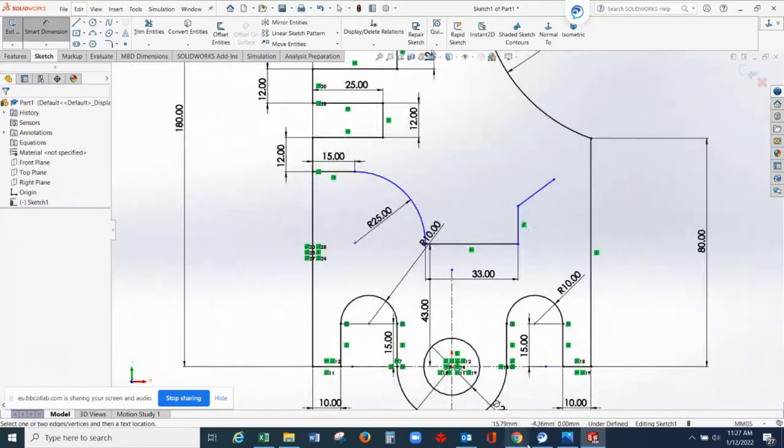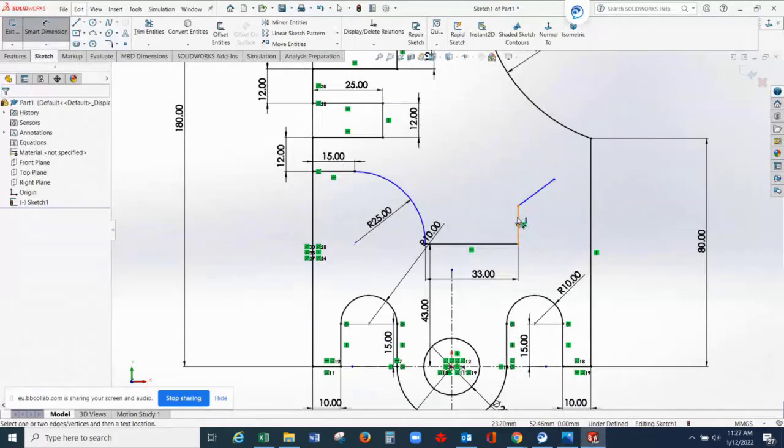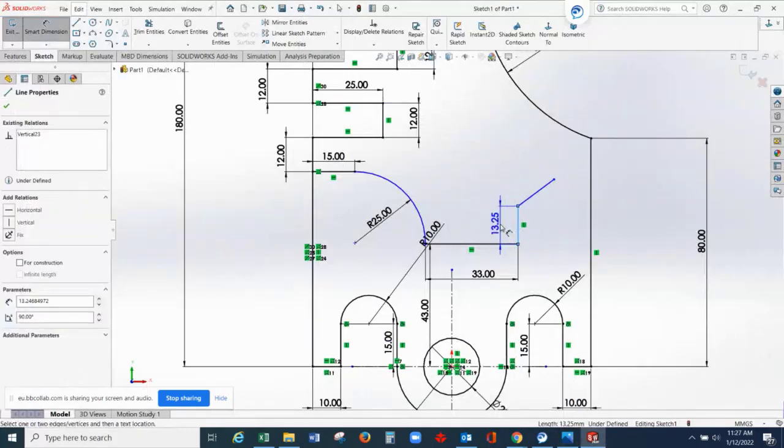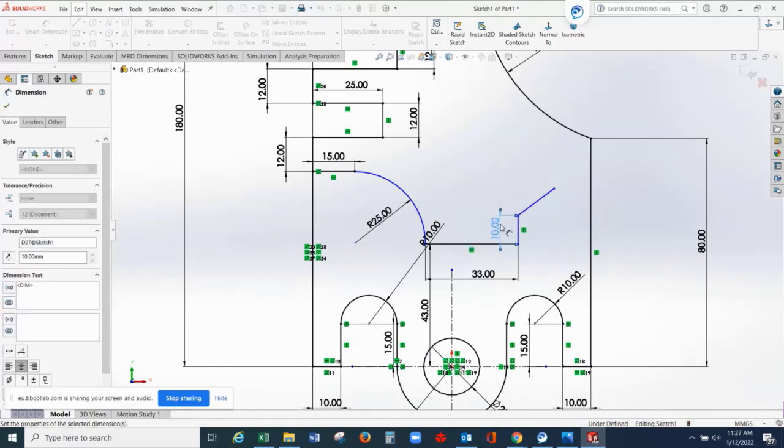And then this height, let me check if it is given. So this is 10, okay? So you can see this is 10. Let's give the dimension inside. This is 10.